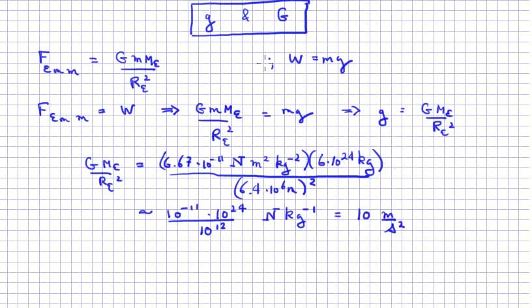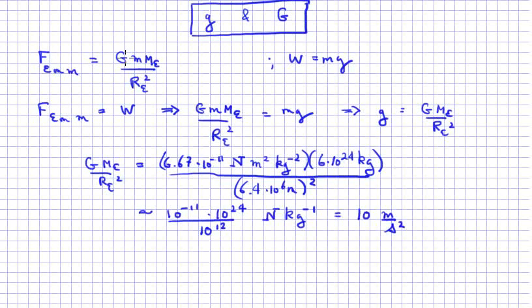So this is a mini lecture on the relationship between little g, the acceleration due to gravity, and big G, the universal gravitational constant in Newton's law of gravitation. Just to give some context here, the law of gravitation says that the force of the Earth on a mass at the surface of the Earth is proportional to the product of the mass and the mass of the Earth divided by the radius of the Earth squared, since the mass is at the surface of the Earth, times